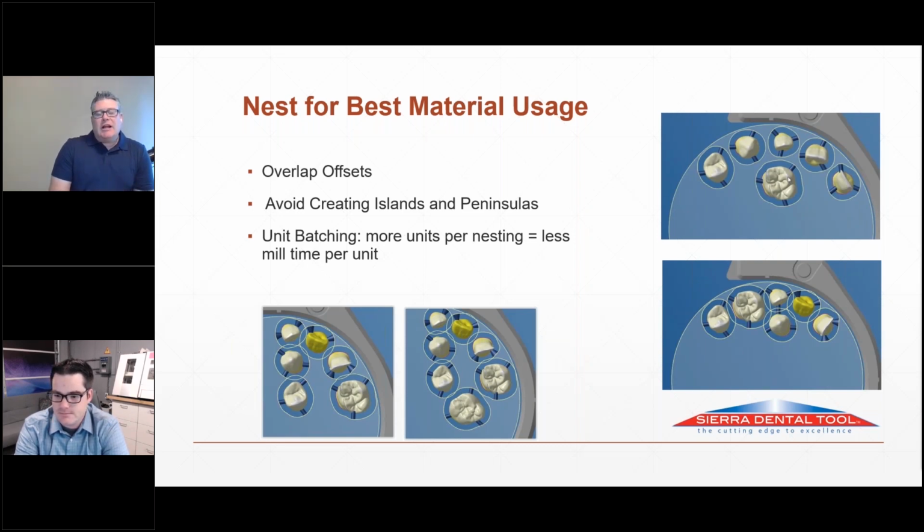Overlap the units. You can get a ton more. You can probably get 3 units more in a puck from nest overlapping them. There's also different techniques to nesting it as well, like doing it in smaller batches. Greg and I will talk about this, which we bring up, is as soon as you walk into the lab